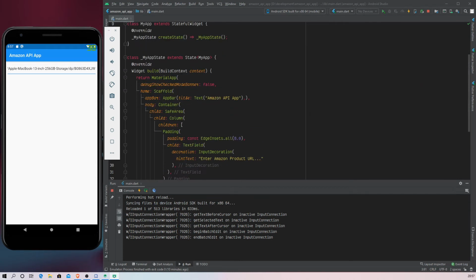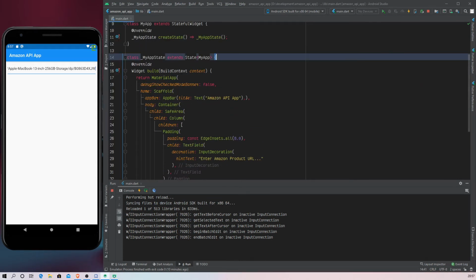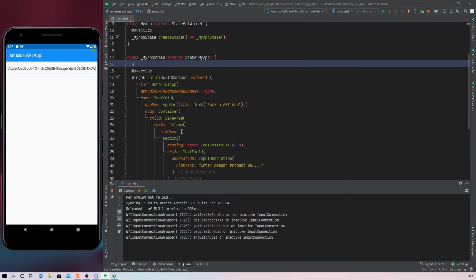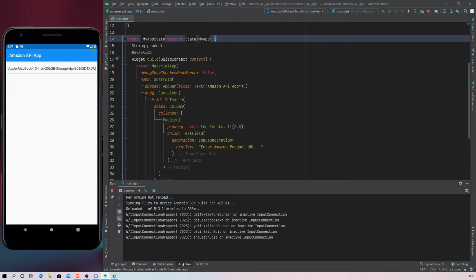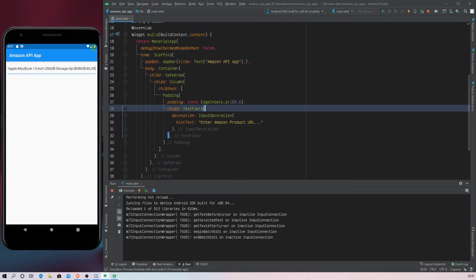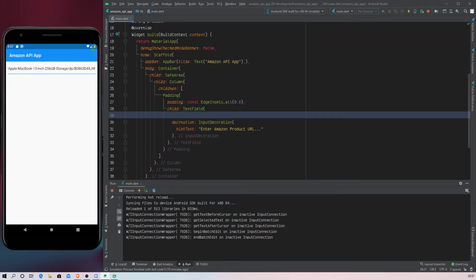Now we need to create a variable to store the input that we give here. Since this input is a string, I'm going to create a string variable called product, string product. I'm going to just initialize that because we are not giving it any value yet. And now basically text field has an onChanged callback function.